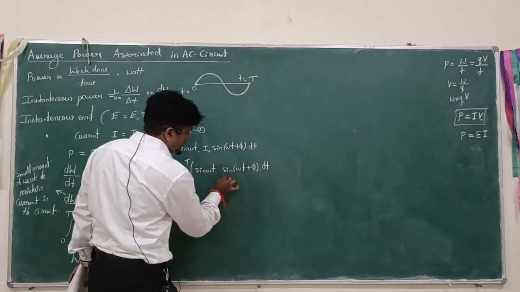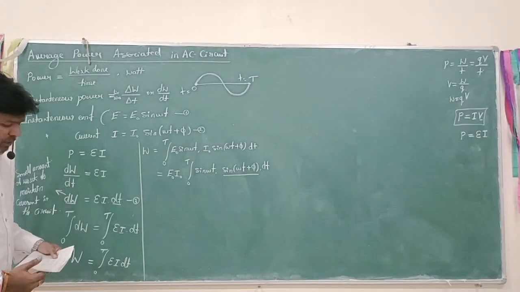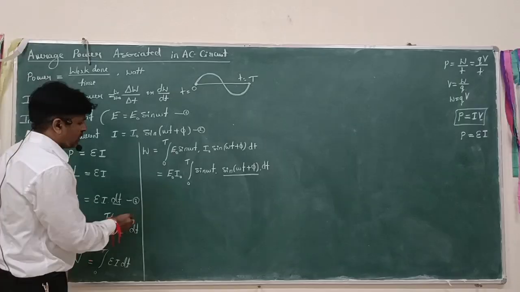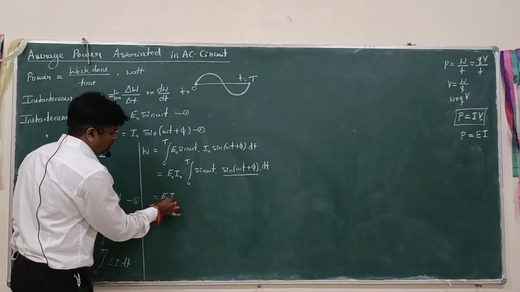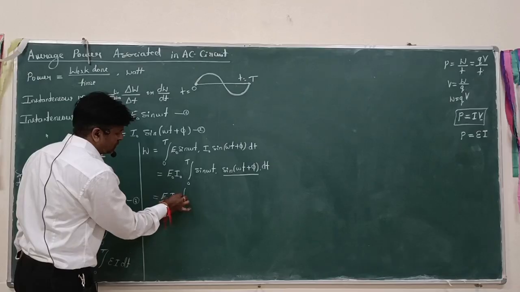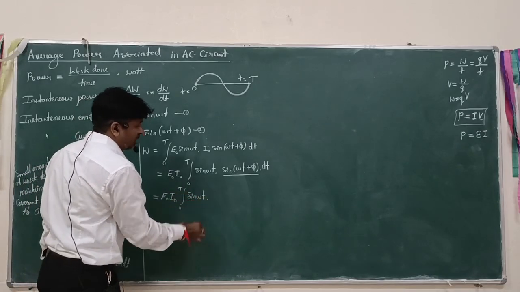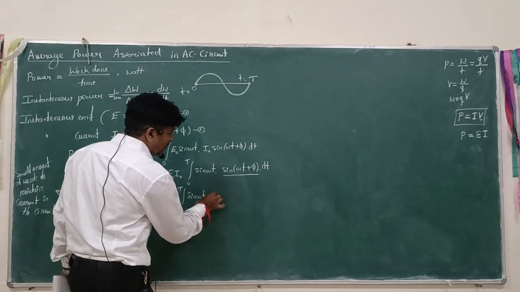This is in the form of sin(A plus B), so distribute it in the sin(A plus B) format. E naught I naught integration 0 to T sin omega t, and sin(A plus B) means sin A cos B